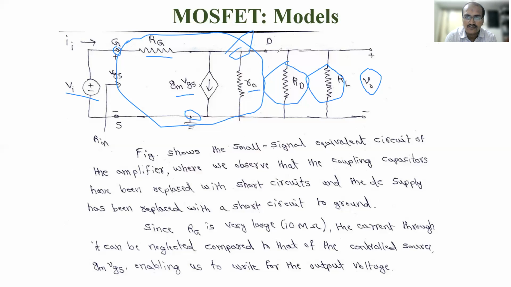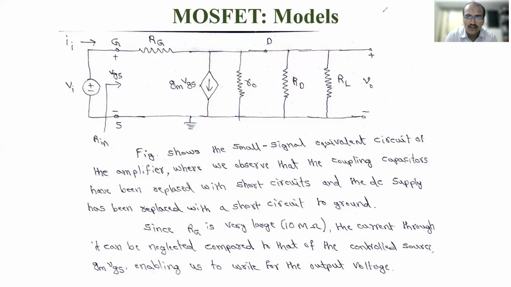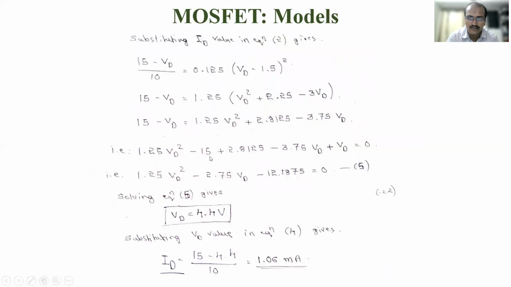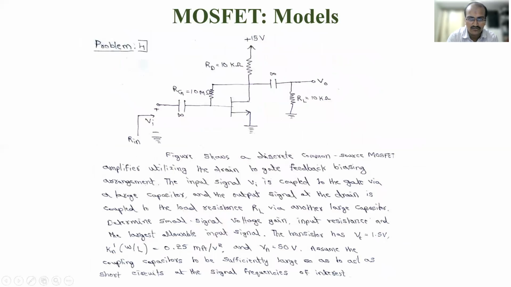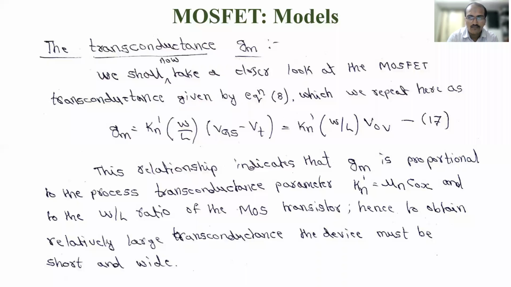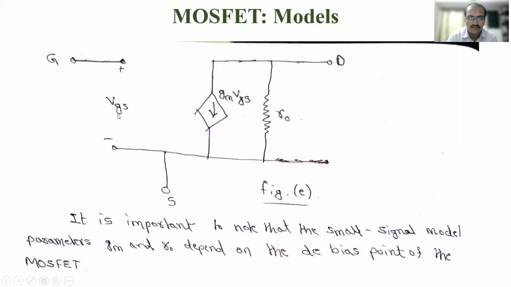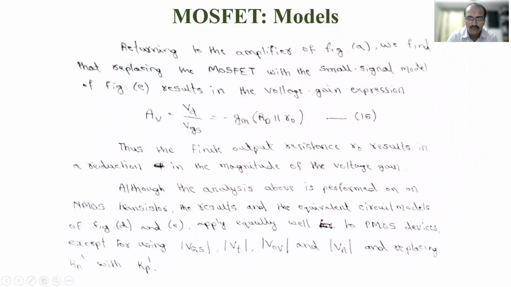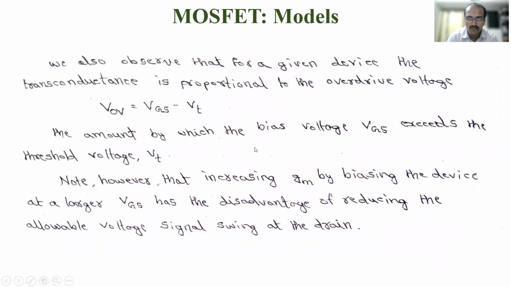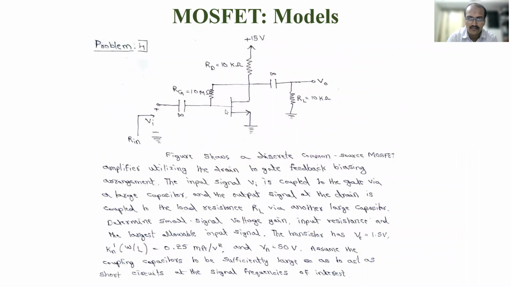In the model discussion only we have told, right? So along with the model, remaining things will come over there. So just yesterday's model I will show you. This is the MOSFET model, plus or minus VGS, GM VGS, R0 and S. But now in the problem, this circuit they have given. So wherever this MOSFET is there, I will just replace it with the MOSFET model. But remaining things I have to consider.